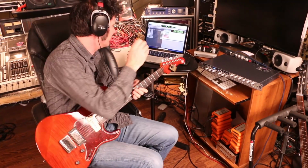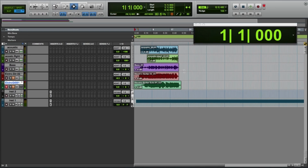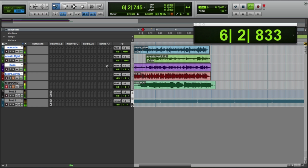Oh, okay. I'm like a big kid here. You know what big kids do? They come in and they group all of this stuff together and they do Apple G and they call it, I don't know, group 1. And then they go into grid mode and they listen and